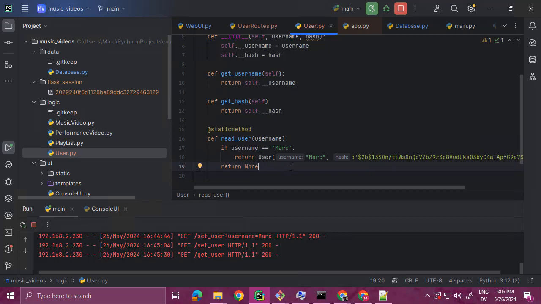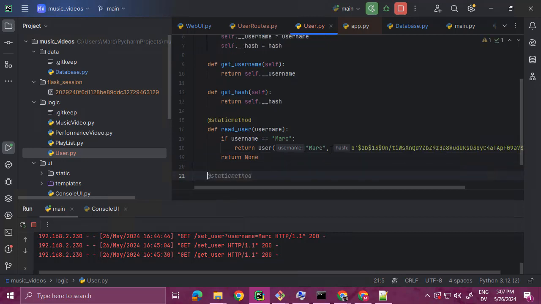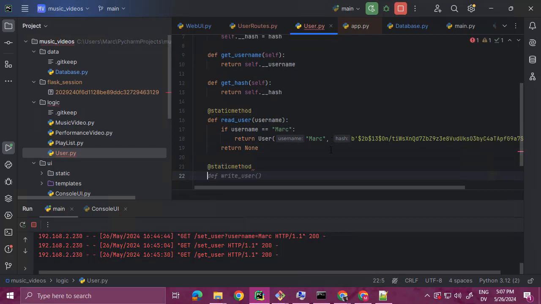And let's also implement check PW, check password. So actually this will be self. Let's call verify password. And we're going to call this on an object that has a hash. And we're going to pass in a password that we got out of a form. And then we're going to return bcrypt.checkpw,